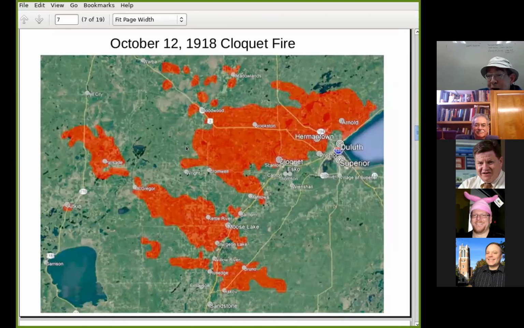Fire that really comes to mind, and what we feature here, is the Cloquet wildfire, because it's the most memorable event in this area. And in fact, it's a very apt event. In the pictures I look at of this particular disaster,